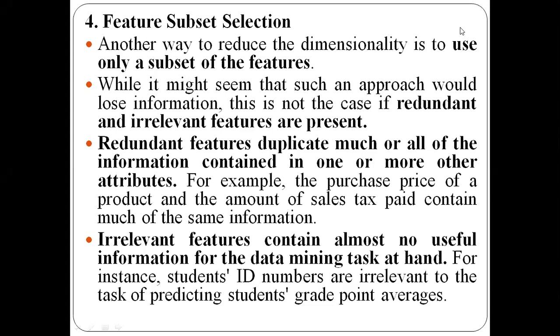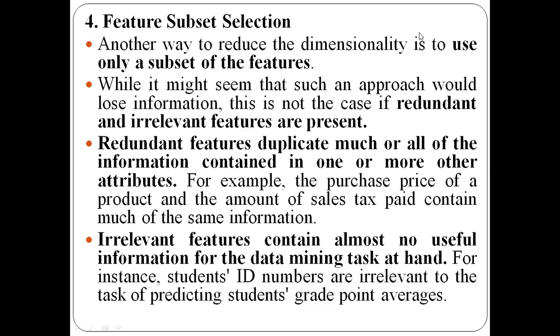In the last class, we discussed two data pre-processing techniques. We have seen dimensionality reduction, and one more is sampling. Till now we have discussed three data pre-processing techniques. The first one is aggregation, and the second one is sampling, in which we have three different kinds. The third one is dimensionality reduction.